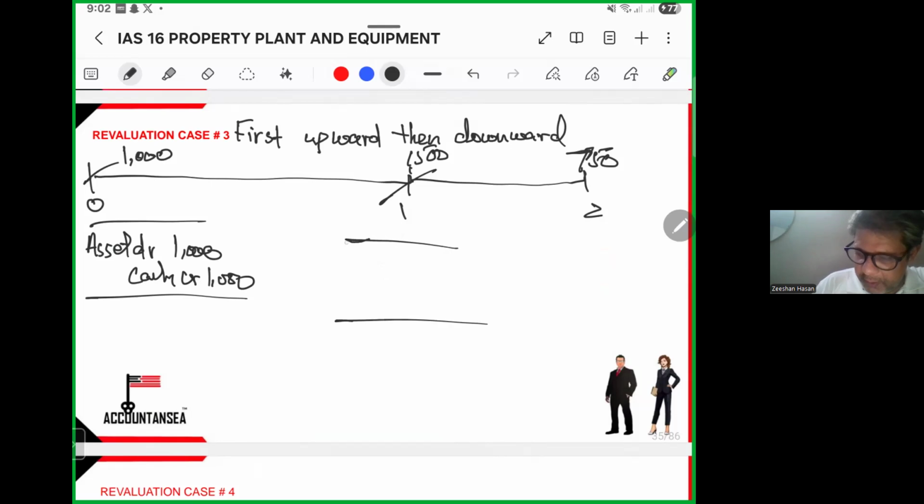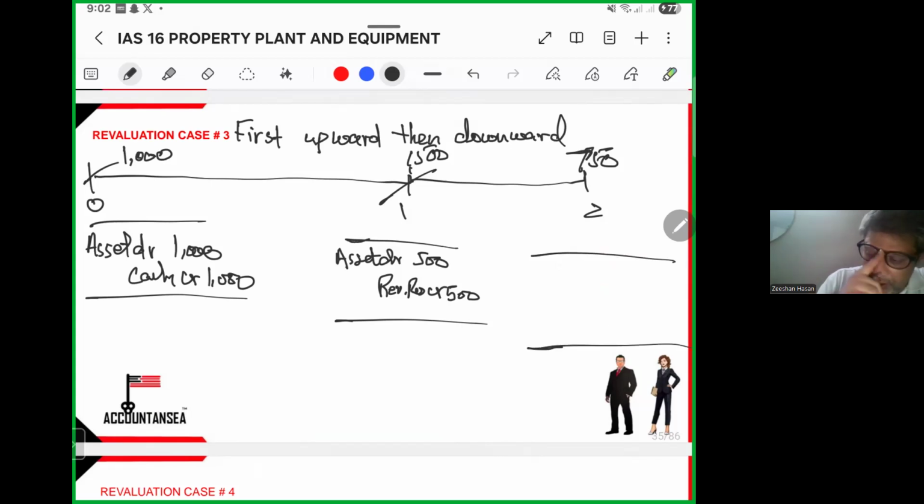When its value goes up, it's just like case number one: asset debit 500, revaluation reserve credit 500. Right? So now in year two, its value is going down from how much? From 1,500 to 750. So asset will be credited by